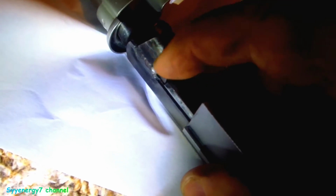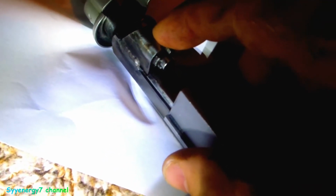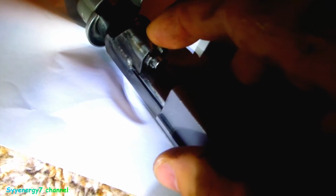The piston and the piston block. And you might also want to watch for cracks up and around in here. These aren't cracked or nothing, but if it starts cracking, then you're going to have to replace that barrel. There's one other thing I do too,